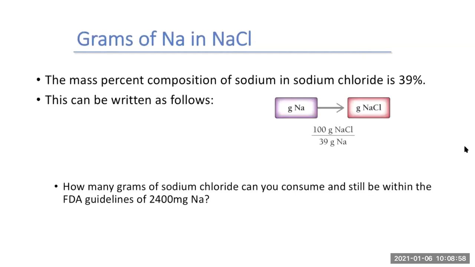We're going to do something a little different. We're going to figure out the mass of the compound, because we know the mass of the element. So if I want to figure out the grams of sodium in sodium chloride, if I know the mass percent composition of sodium in sodium chloride, it's 39% of the weight is sodium and the rest is from the chlorine. If we want to double check that mass percent composition of the sodium in the sodium chloride,